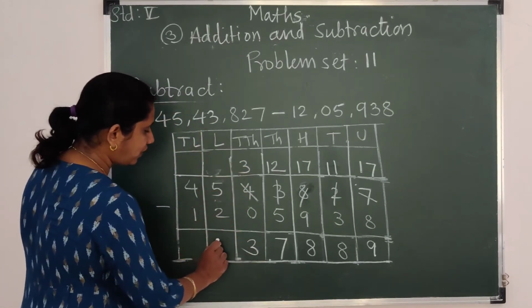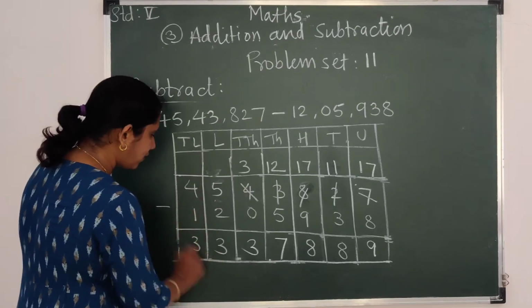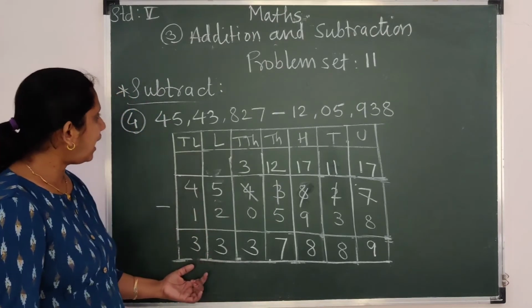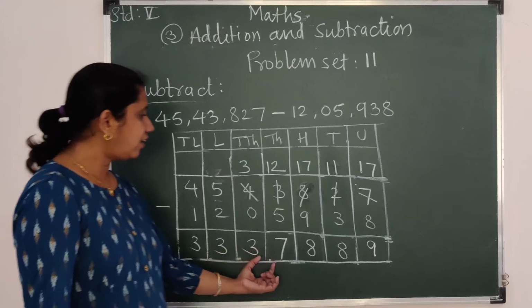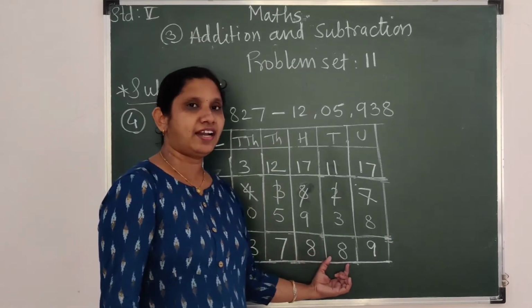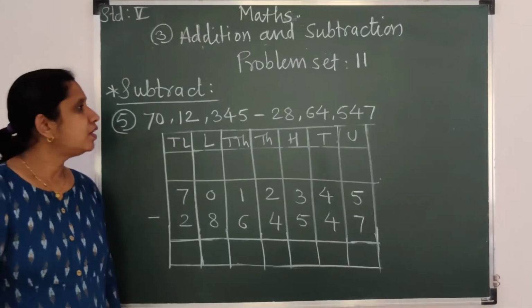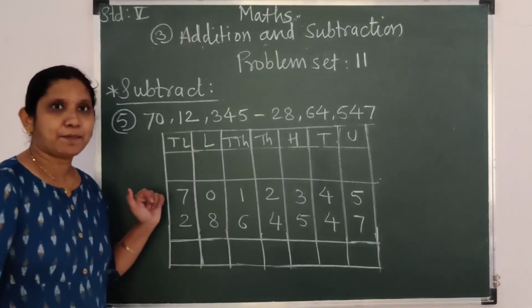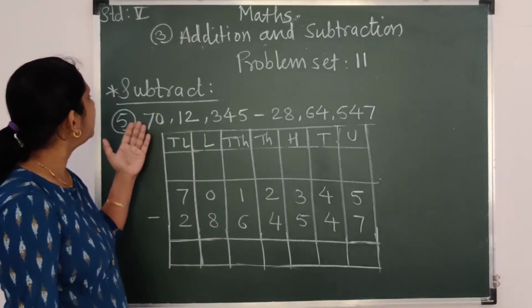5 minus 2, yes it is 3. 4 minus 1, 3. So our final answer is 33,37,889. Children, have a look at example number 5. Numbers are given